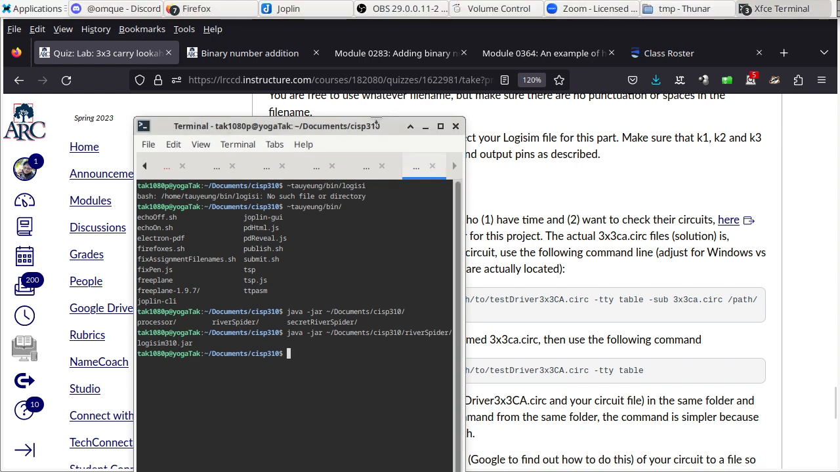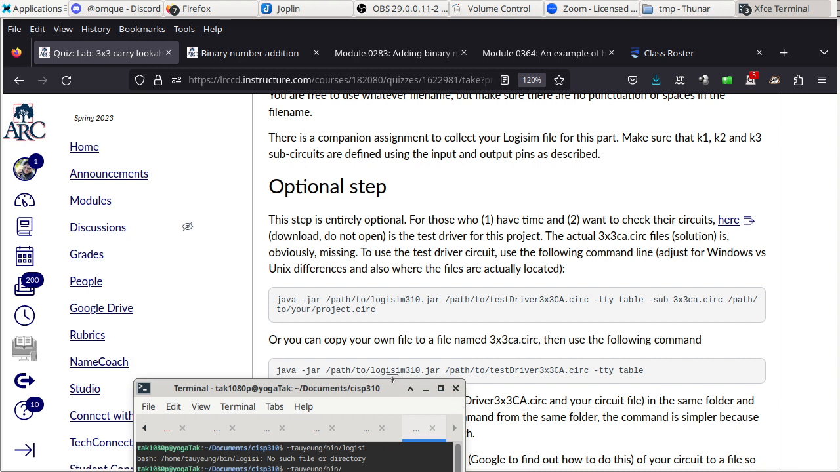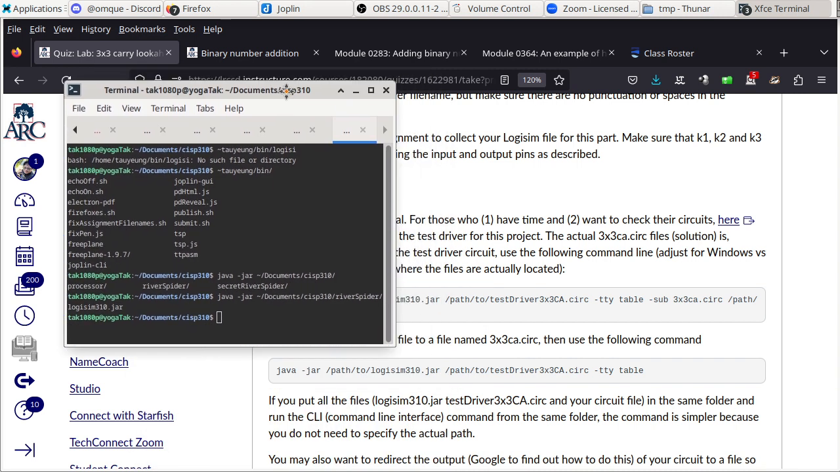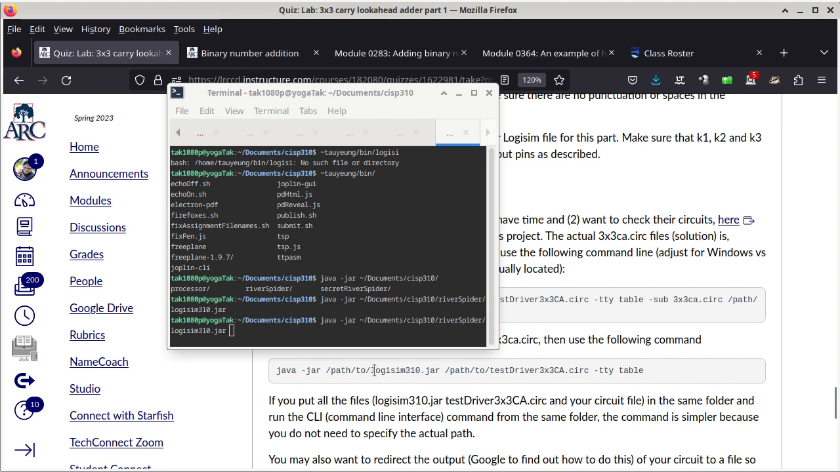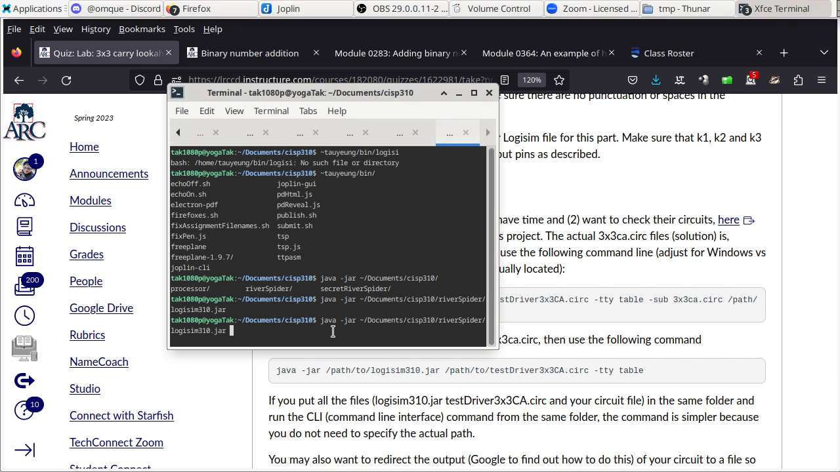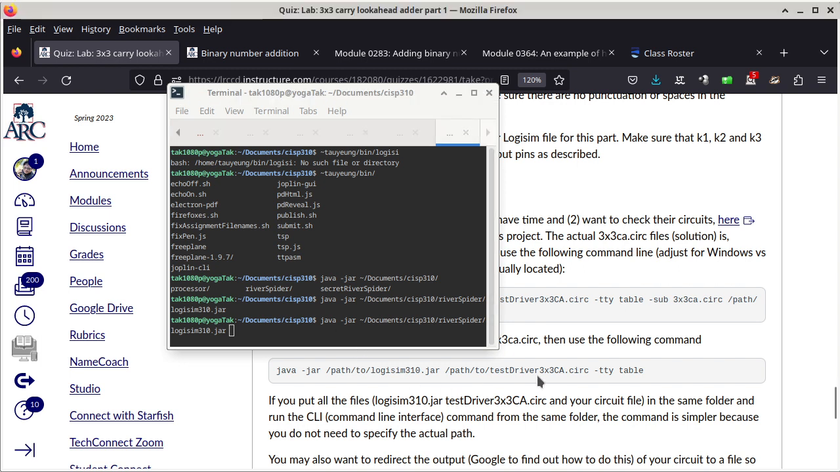So an example of the command line is given, but for the most part here we are basically doing the same thing as the first two assignments where a test driver was also provided. So now we have to say java -jar, where we can find Logisim. There we go. And that's what the /path/2 means. It's basically just saying okay, substitute that with the actual path. Okay. So with that done, we are going to have to go find test driver